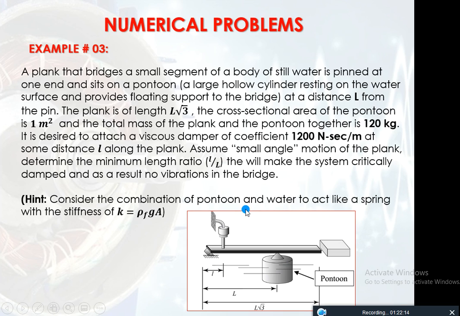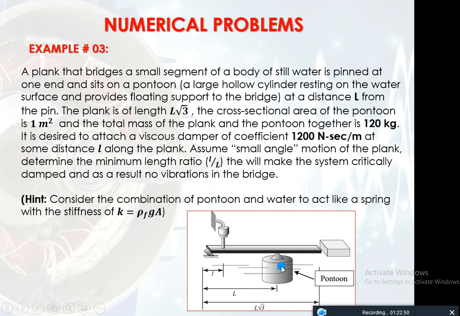Okay, now the question is that we are provided that this pontoon has a surface area of 1 meter square, but if this pontoon is behaving as a stiffness element, likewise this damper is behaving as a damping element, then what should be the stiffness of this plank? That means the stiffness of this plank will be dependent upon its surface area. It will also be dependent upon its length. It should also be dependent upon the viscosity of the flowing fluid across the surface area. So all of these things are dependent.